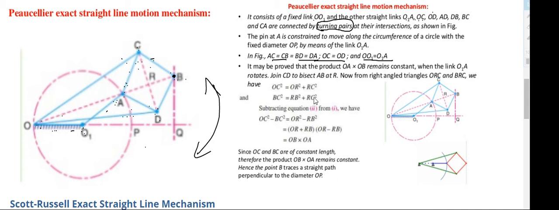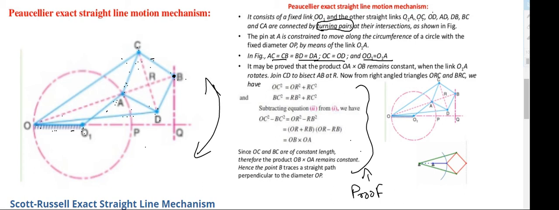For studies, you can skip this part with relevant safety, because I have not seen anybody ask the proof that the Peaucellier-Lipkin mechanism produces a straight line. This is the proof. If they ask to prove that the Peaucellier-Lipkin mechanism produces a straight line, this is the mathematical proof you should write. But if you are simply asked to explain this, if it is for 5 marks or 6 marks, then you can write this. If it is for 2 or 3 marks, you can skip these mathematical steps and just draw the mechanism and its working. So I hope these mathematical steps are clear.